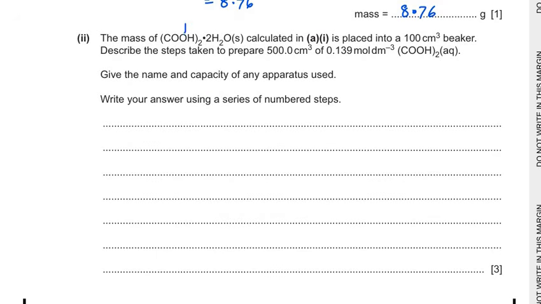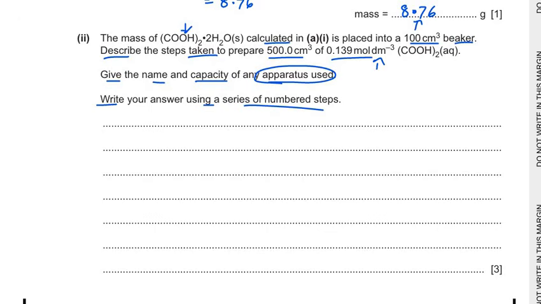Now the mass of this ethanedioic acid calculated in 1a is placed in a 100 cm³ beaker. We have already weighed this and taken it into the empty beaker of 100 cm³ capacity. Now describe the steps taken to prepare 500 cm³ of this solution. Give the name and the capacity of any apparatus used. Write your answers using a series of numbered steps. We have already taken the mass, so what we can write in the first step is: add a little water